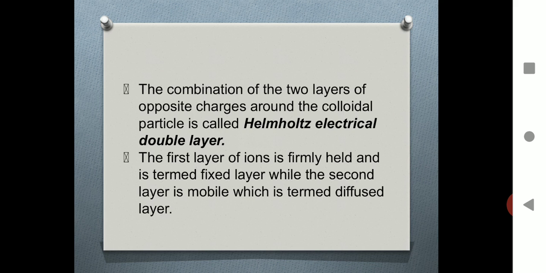So, a combination of two layers of opposite charges is created around each colloidal particle, and this combination of two layers of opposite charges is known as the Helmholtz electrical double layer. The first layer of which is firmly held, whereas the second layer, which is the mobile layer, is the diffused layer of charges present around the fixed layer,